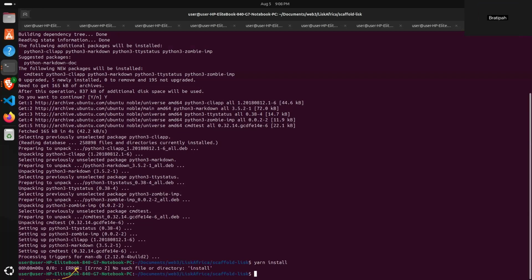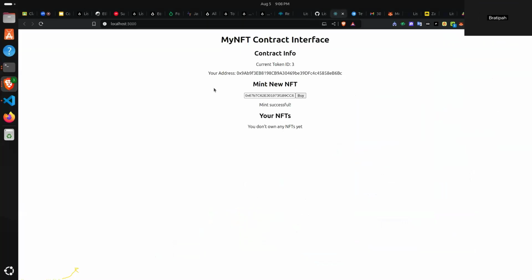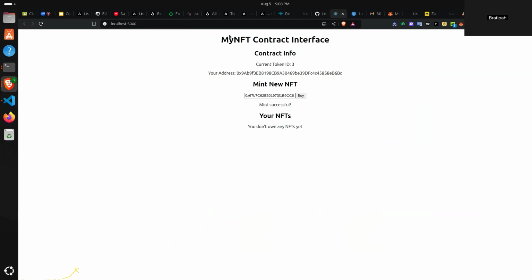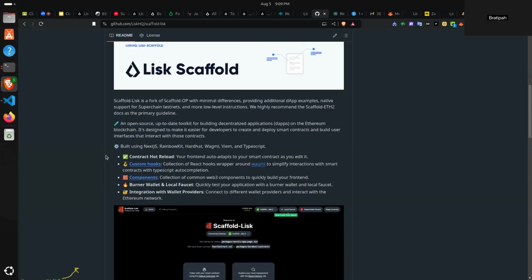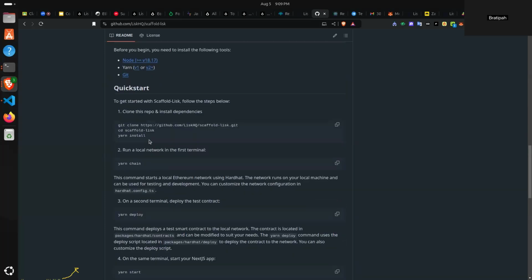So all of that I took you through, I was trying to show you how you can do it from scratch. But using Scaffold-Lisk is the most efficient way. You can spin up your contracts and your front ends all at the same time, and it's very, very fast. So all you need is just to clone it,